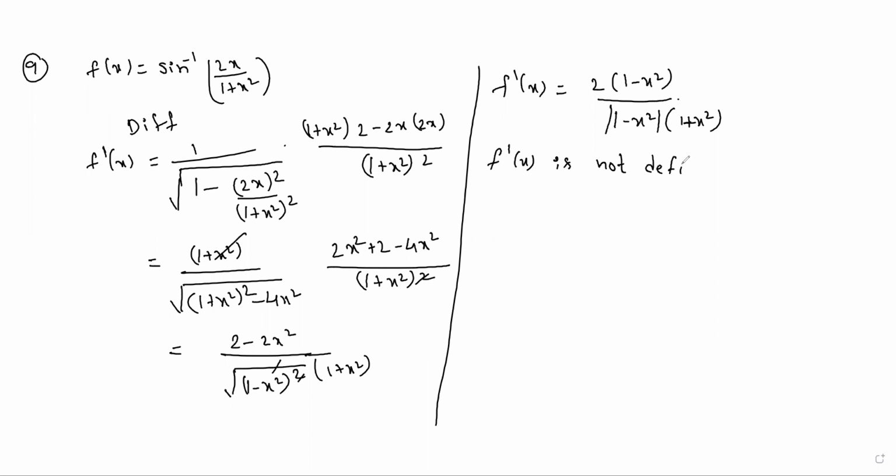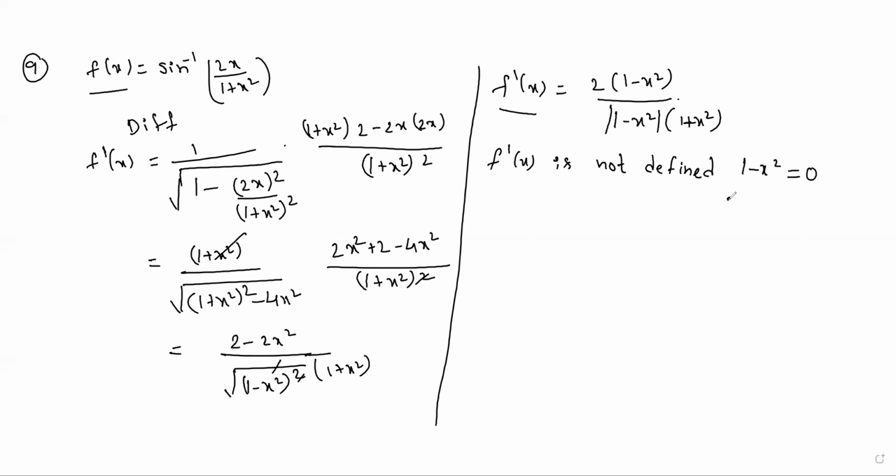If this term is 0, then f dash of x is not defined. Wherever the function is not defined, at all those points it is not differentiable, because we are talking about differentiation. For example, if you take a function that is discontinuous, where that function is not defined at a set of values of x, at those values the function is discontinuous, but this is the derivative of the function. That's why where this is not defined, wherever the denominator is 0, if you get anything by 0, what will you get? It is not defined. That's why f dash of x is clearly not defined when 1 minus x square is 0.